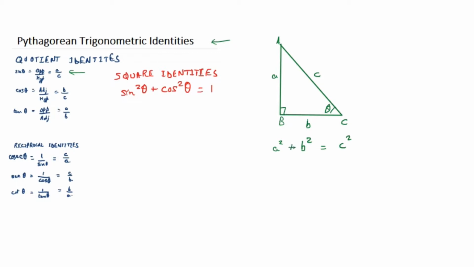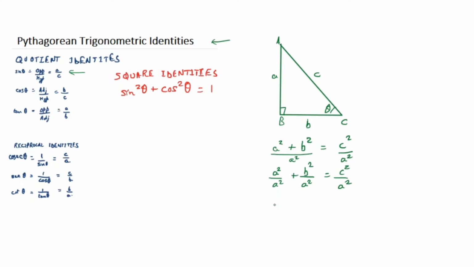And like I did in the previous example, let me start with the Pythagorean theorem only, which says that a square plus b square is equal to c square. This time I'm not going to divide by c square, I'm going to divide both the sides by a square. So that gives me a square over a square plus b square over a square, which is going to be equal to c square over a square.